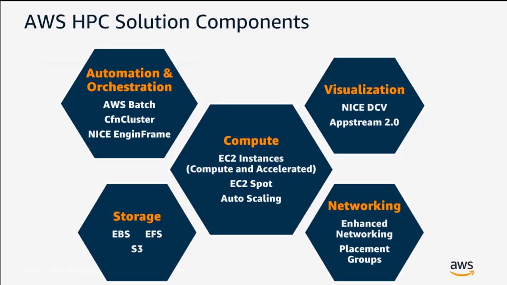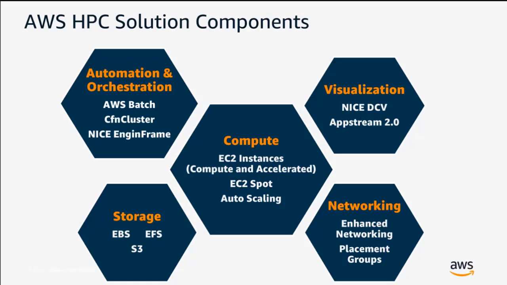Some of the components that go into high performance computing are listed here. And the core of that is really the compute listed in the center. And that is our EC2 instance fleet, which has a number of features underneath it, including accelerated platforms and specific features around that, which I'll get to in just a moment. We have spot pricing available across all of the instances in the fleet, and then the ability for you to scale to any degree that you need using auto scaling, which is a